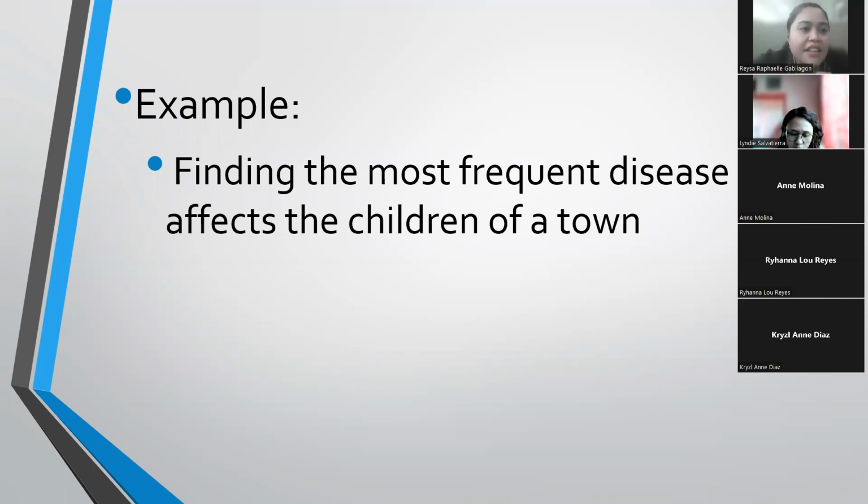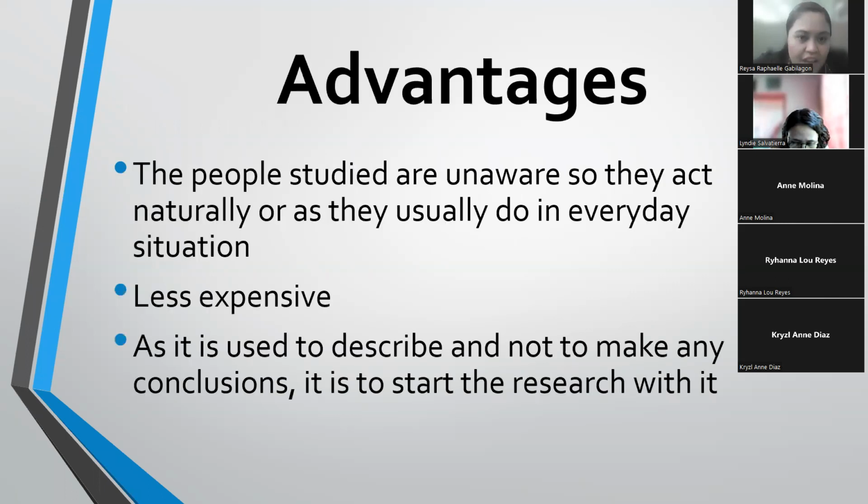Practices, descriptive pa rin yun, class, but this is under quantitative research, meaning we have numerical values after the data gathering. We can make questionnaires, class, with Likert scale of 1, 2, 3, 4, 5, and they just choose. That is numerical data, and it is still descriptive because again, we can describe the characteristics of our chosen respondents. Okay? What are the advantages of doing a descriptive study?